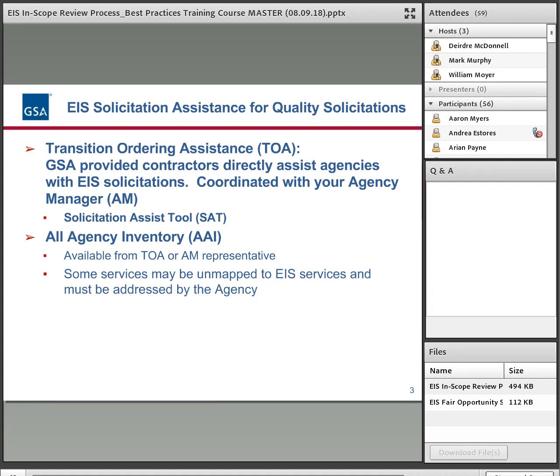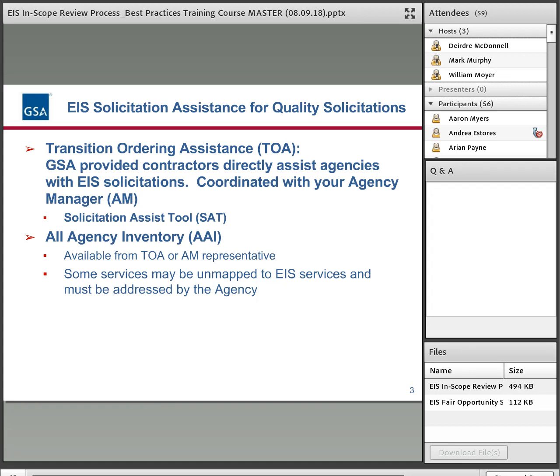So one way that you can get assistance to develop a solid solicitation is through your Transition Ordering Assistance, or TOA representative, if you have one. So this is a GSA contract where contractors are provided to agencies to assist with that.